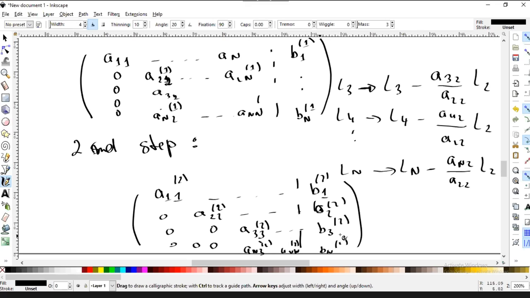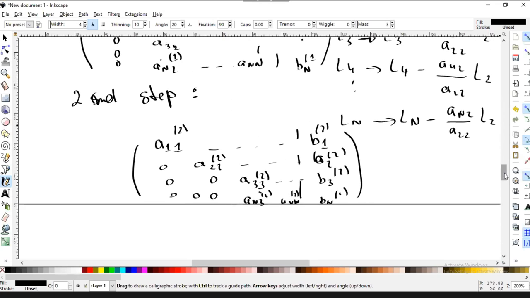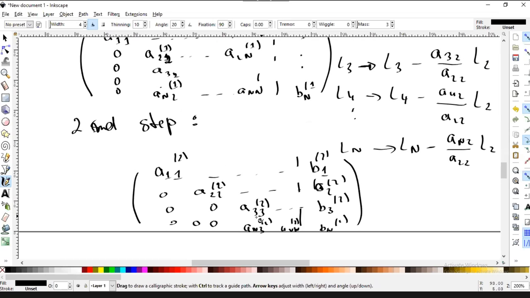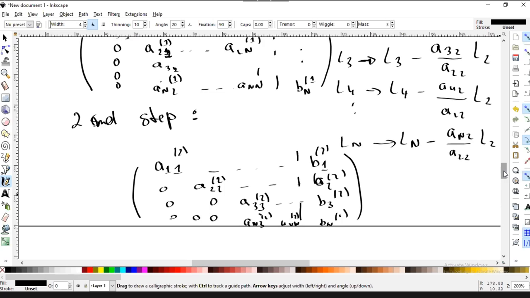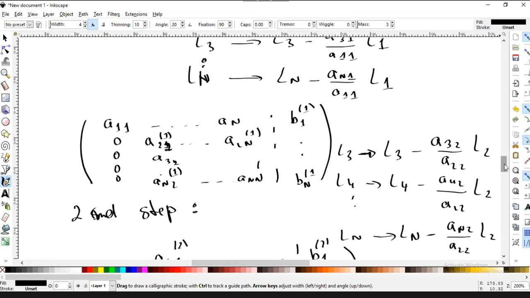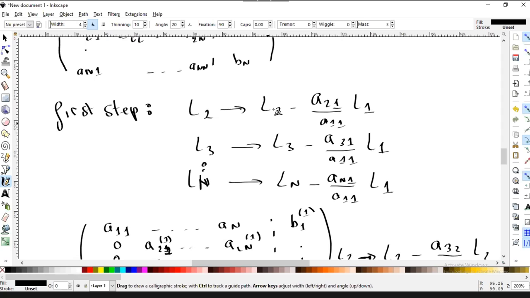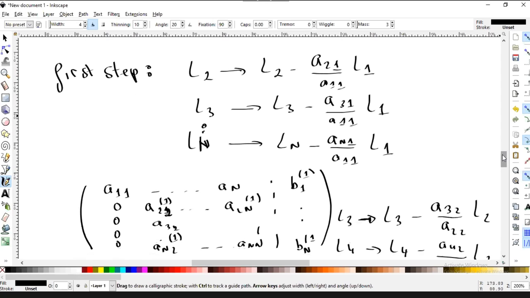Now I will repeat the same procedure. So this is the Gauss method till my matrix is diagonal. Now I will subtract the third line from the rest, right? And now what we need is to find the general formula so we can apply this in a program, right? So if you look here, basically